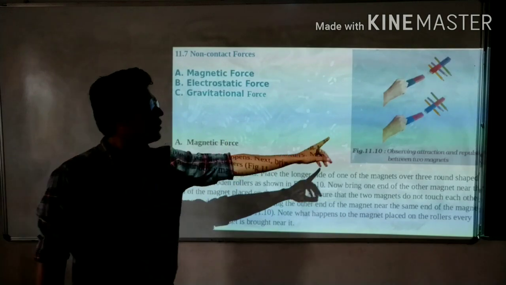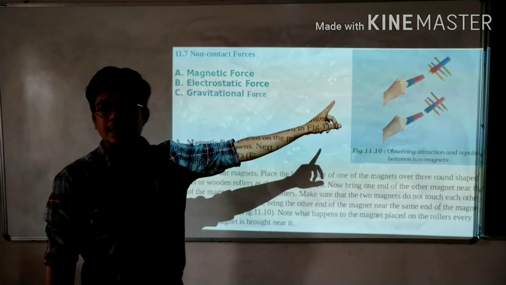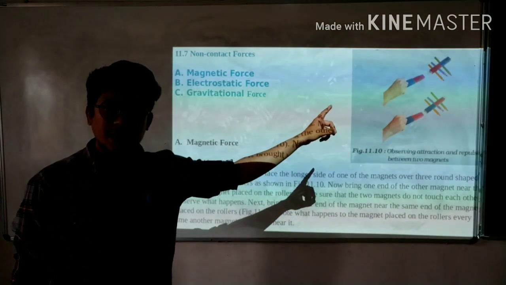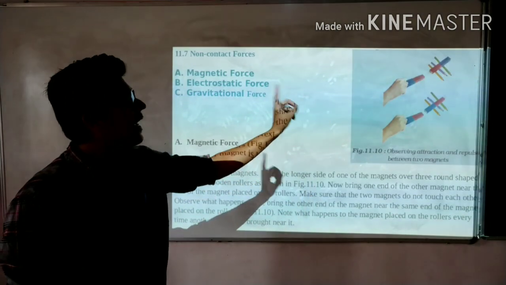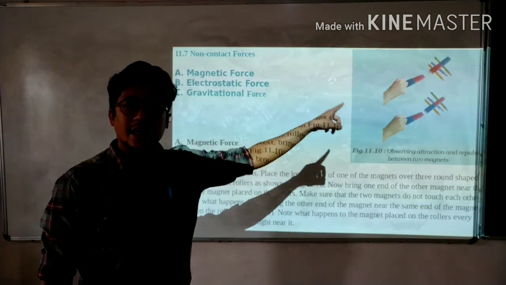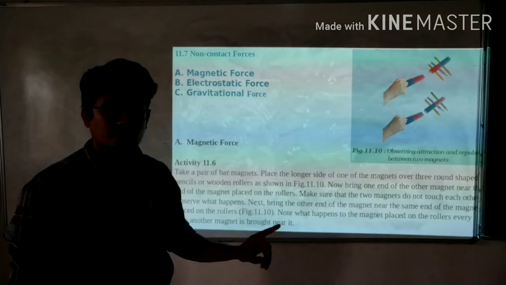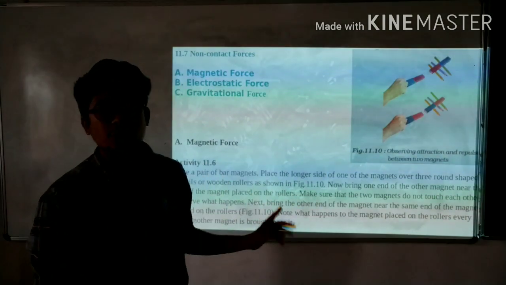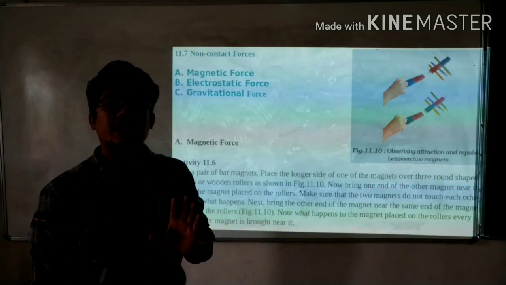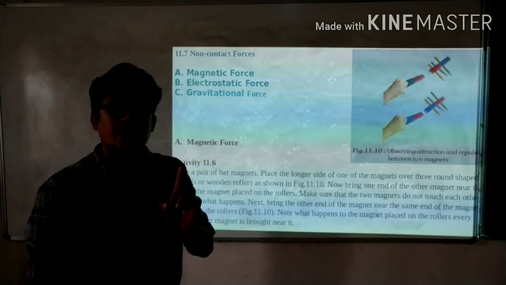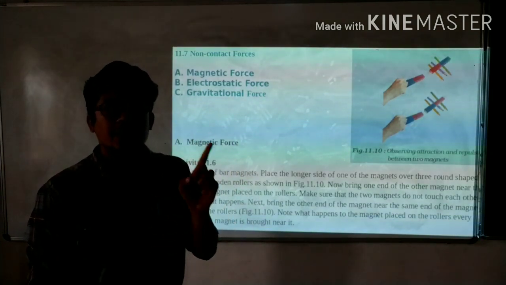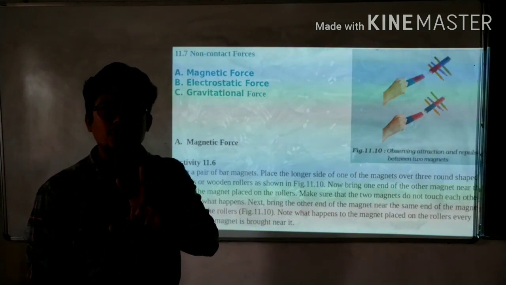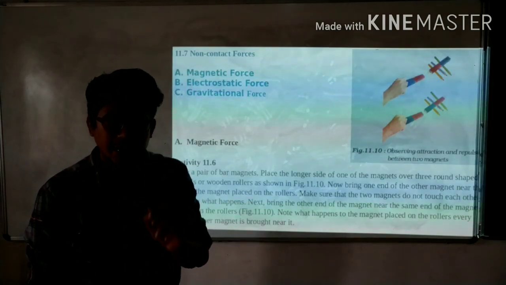Before going to the topic, observe the figure first. The red portion indicates the north pole of a magnet. It is a bar type of magnet. In a bar magnet, the red side shows the north pole, whereas the blue side shows the south pole. You have already learned in a previous standard that if you have same poles, you will feel repulsion from a magnet, and if you have different poles together, then you will feel attraction.